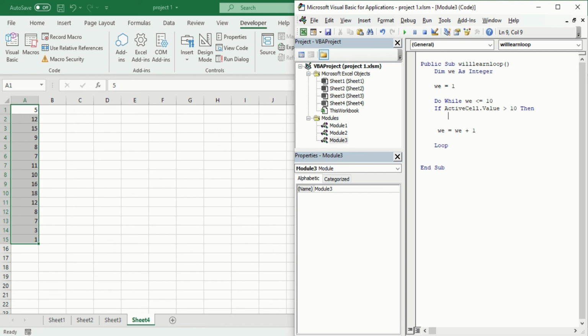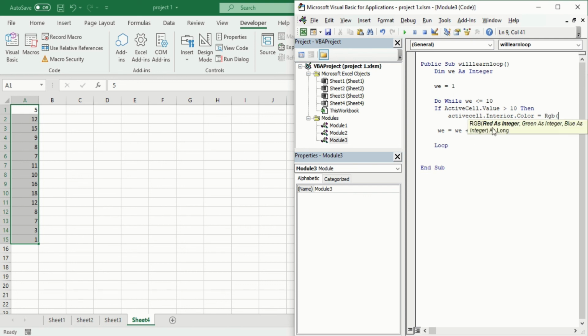Then put on a tab. If ActiveCell.Value is greater than 10, then ActiveCell.Interior, interior is inside the cell, .Color. I've told you the interior color should change, so ActiveCell.Interior.Color is equal to RGB.